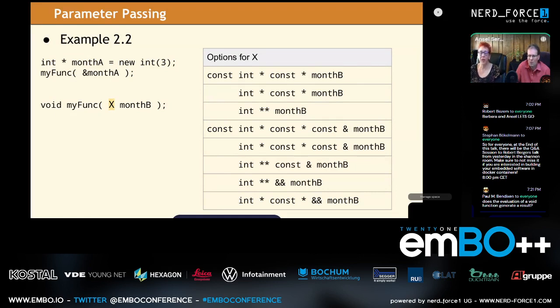Caution that you may want to be careful. Maybe these are a little hard to reason about, and especially line 4 that has a lot of consts on it. So if you look at this for a moment, you can see that the data type of month A is pointer to int. So when we take the address of month A, we're taking the address of a thing which is already a pointer. So we're going to have a pointer to a pointer to an int.